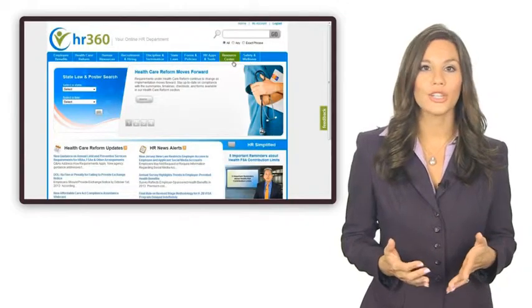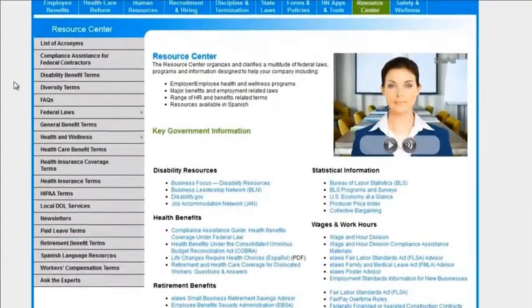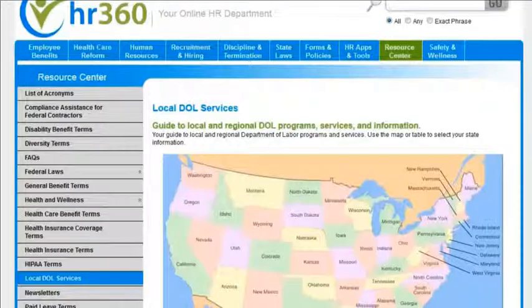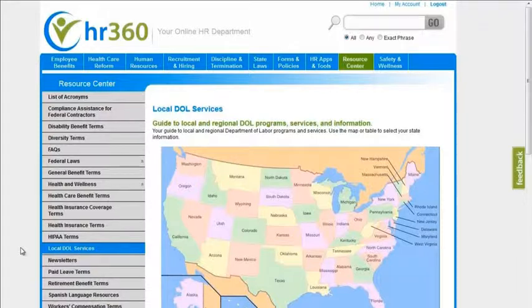The Resource Center section provides bottom-line information about government support services and laws. Let's take a look at the left-hand navigation bar. Here you will find a Department of Labor, or DOL, services by location, a great summary of important federal laws covering discrimination, employer tax, health and benefits, and labor and employment. This section also features a range of glossary terms, from healthcare benefit terms to workers' compensation terms. So when you need additional resources or information, simply click on the Resource Center and the information will be available